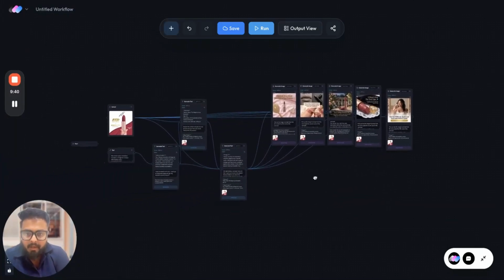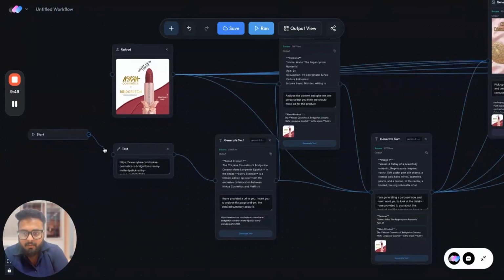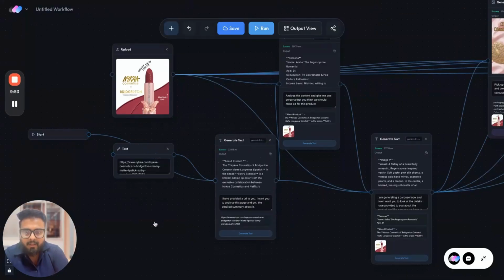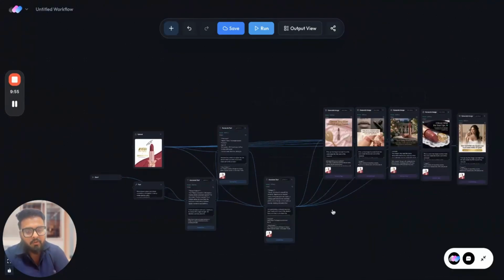But the real power comes once we have made this workflow. Next time, all you need to do is change an input, connect the start node as well, run the entire thing, right? And then get the output as a carousel post. So you instantly can create 20 to 100 carousel posts for each product, and you can quickly test it out on